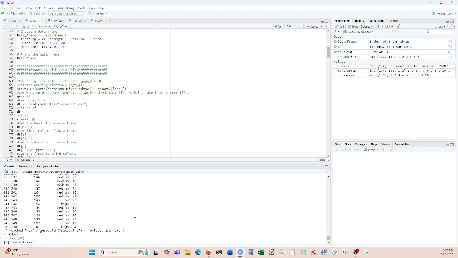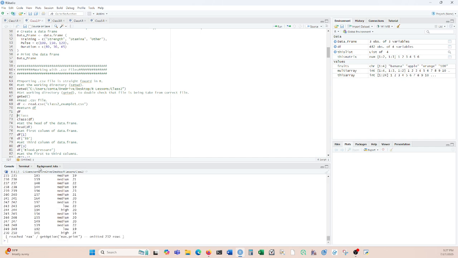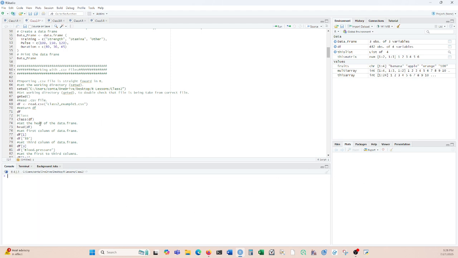But you can tell when I ran the data frame in the console, it just gives a bunch of data, and doesn't even show all of it. It actually reaches a max at 250. And you can see here there's too much data. We've omitted this amount of data because it'd be too much to show on the console. So if you don't want to see the first 250 rows of the data frame, what you do is use the function head,